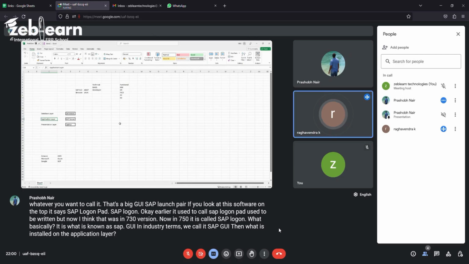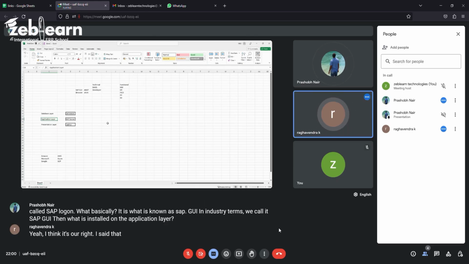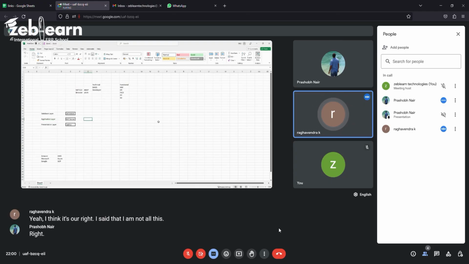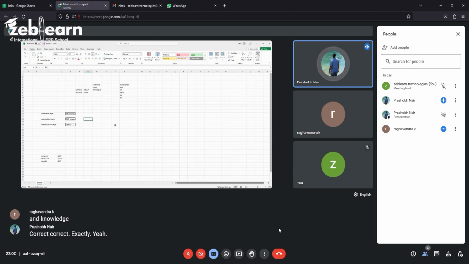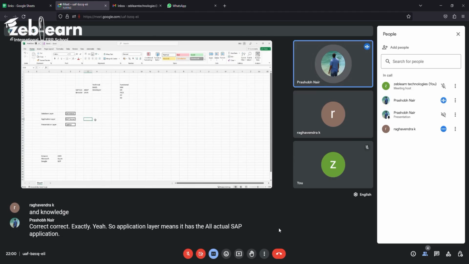Yeah, I think it's server, right? I said that. Right, ML, all the work process and all the things. Correct, exactly. So application layer means it has the actual SAP application, which is the SAP server, which can